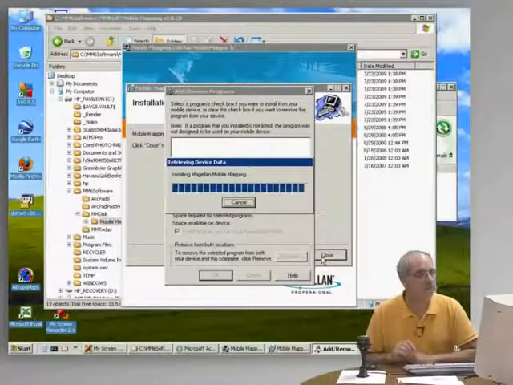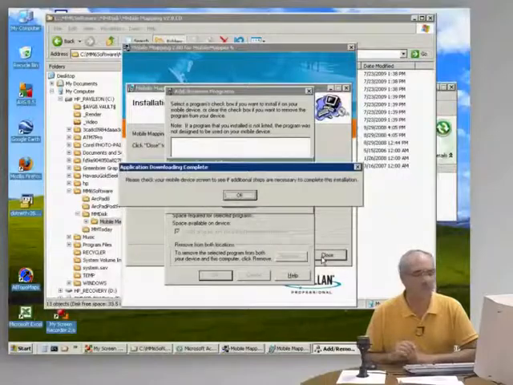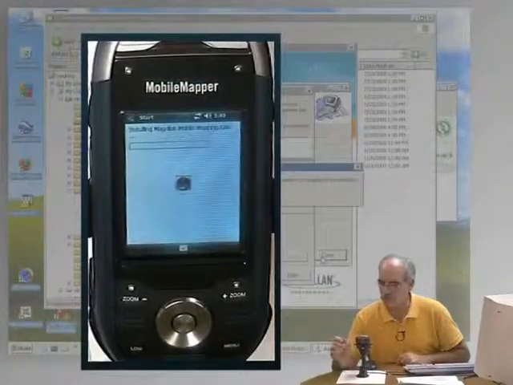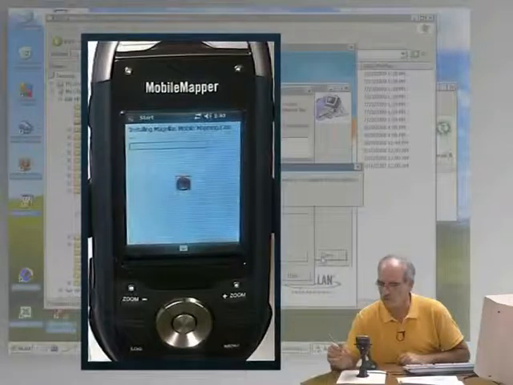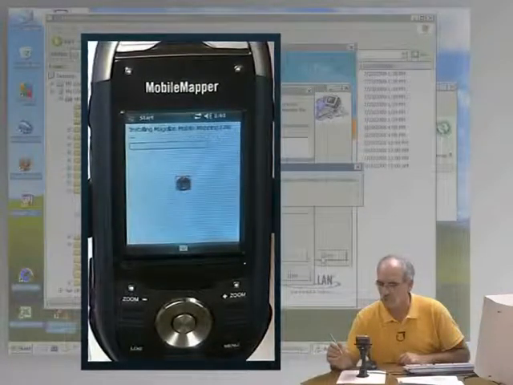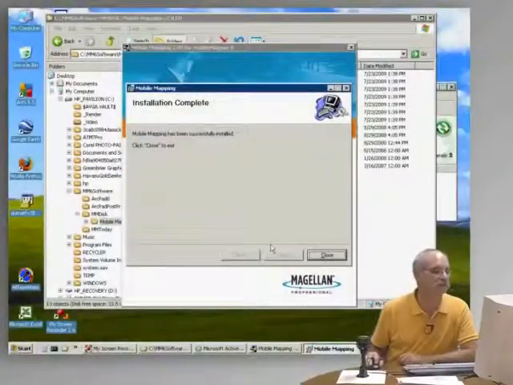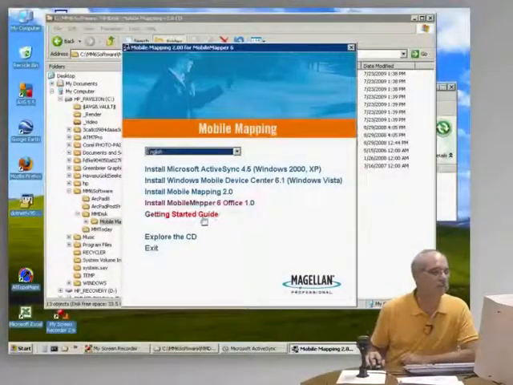Almost finished. There we go. Over on my GPS receiver it says installing Magellan Mobile Mapping.cab. I'll let that proceed. This is a good time to install the